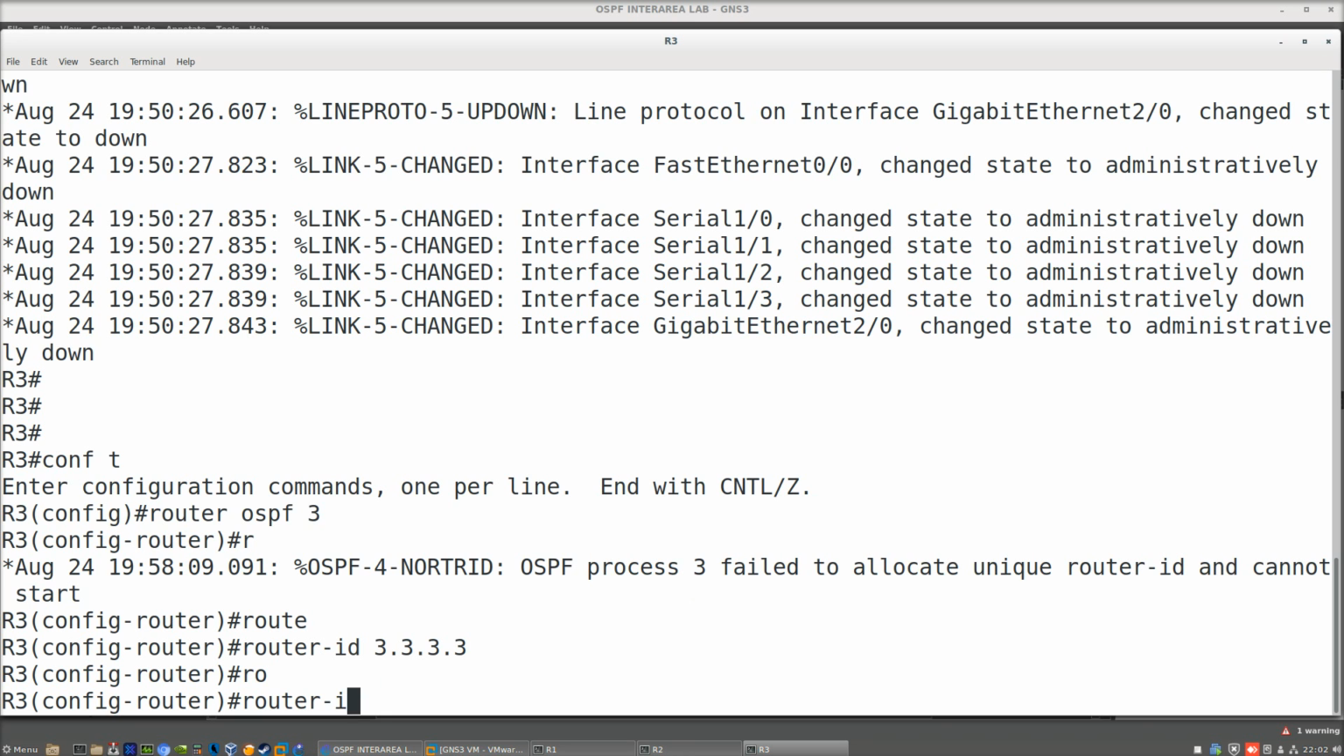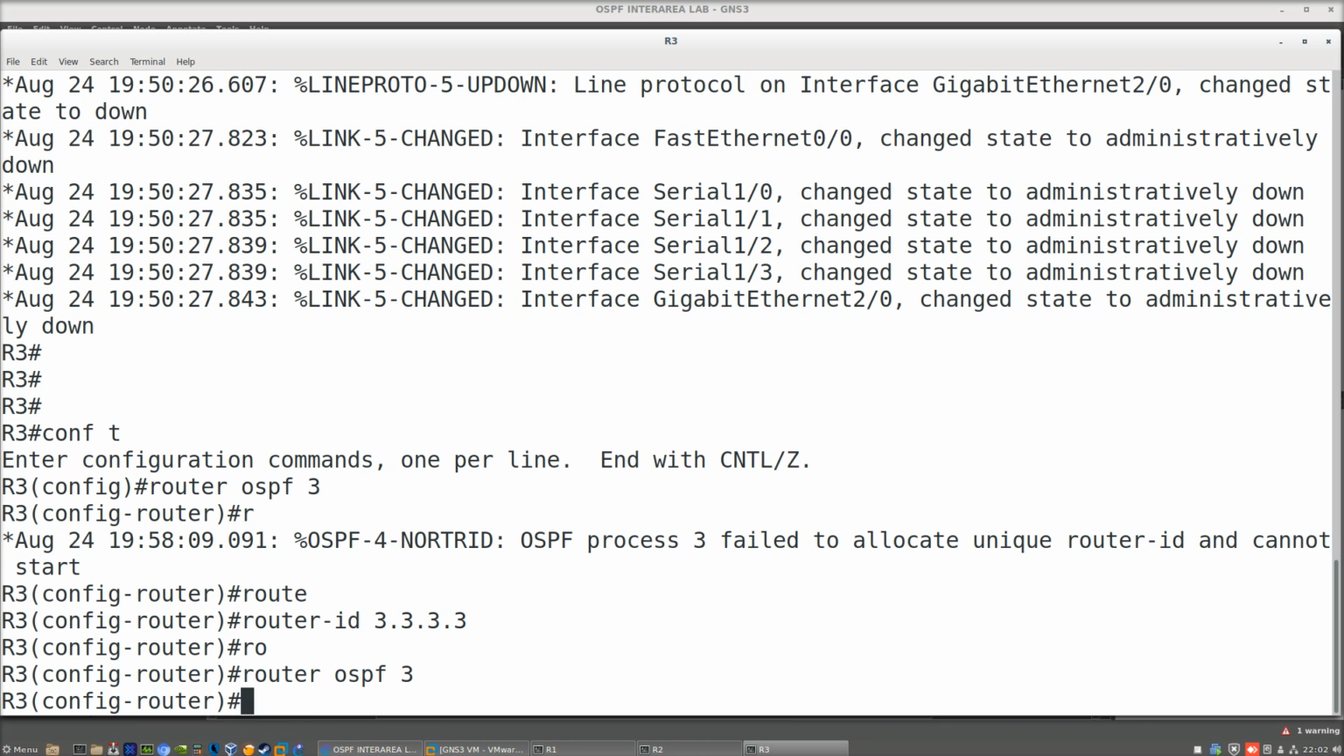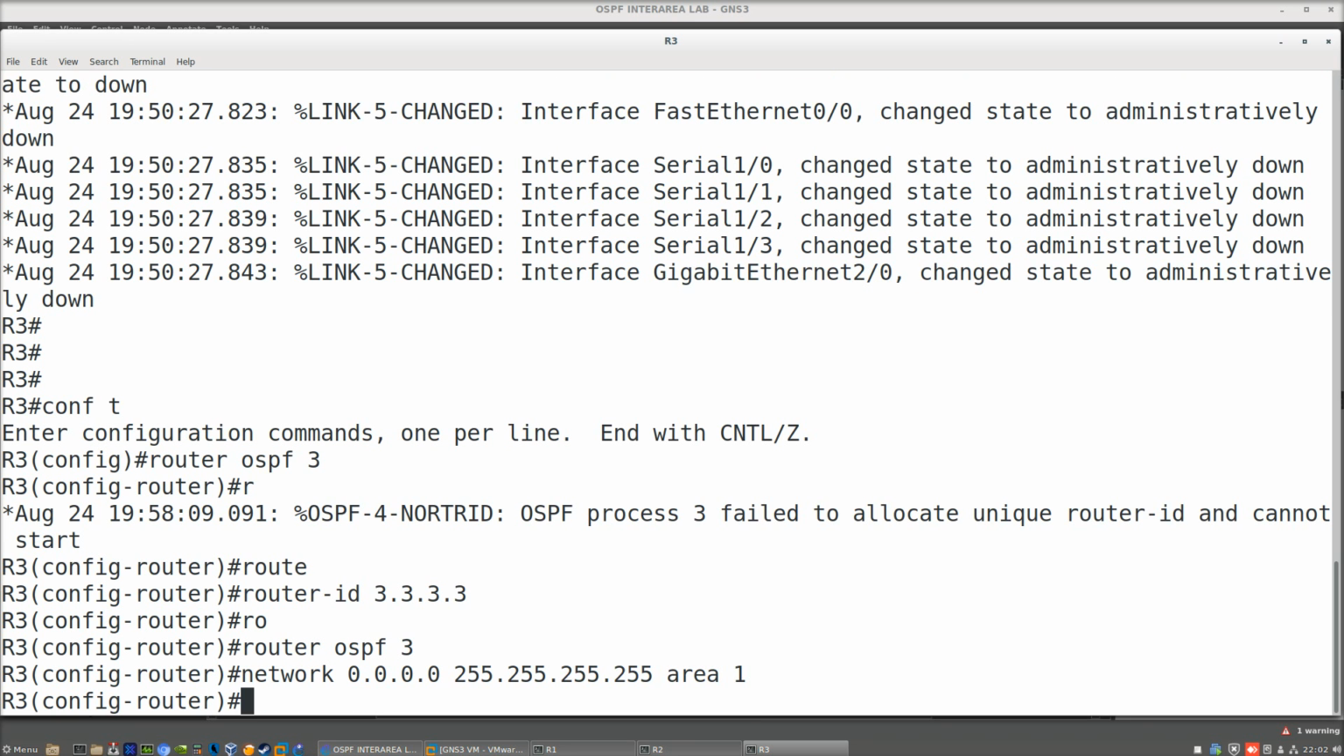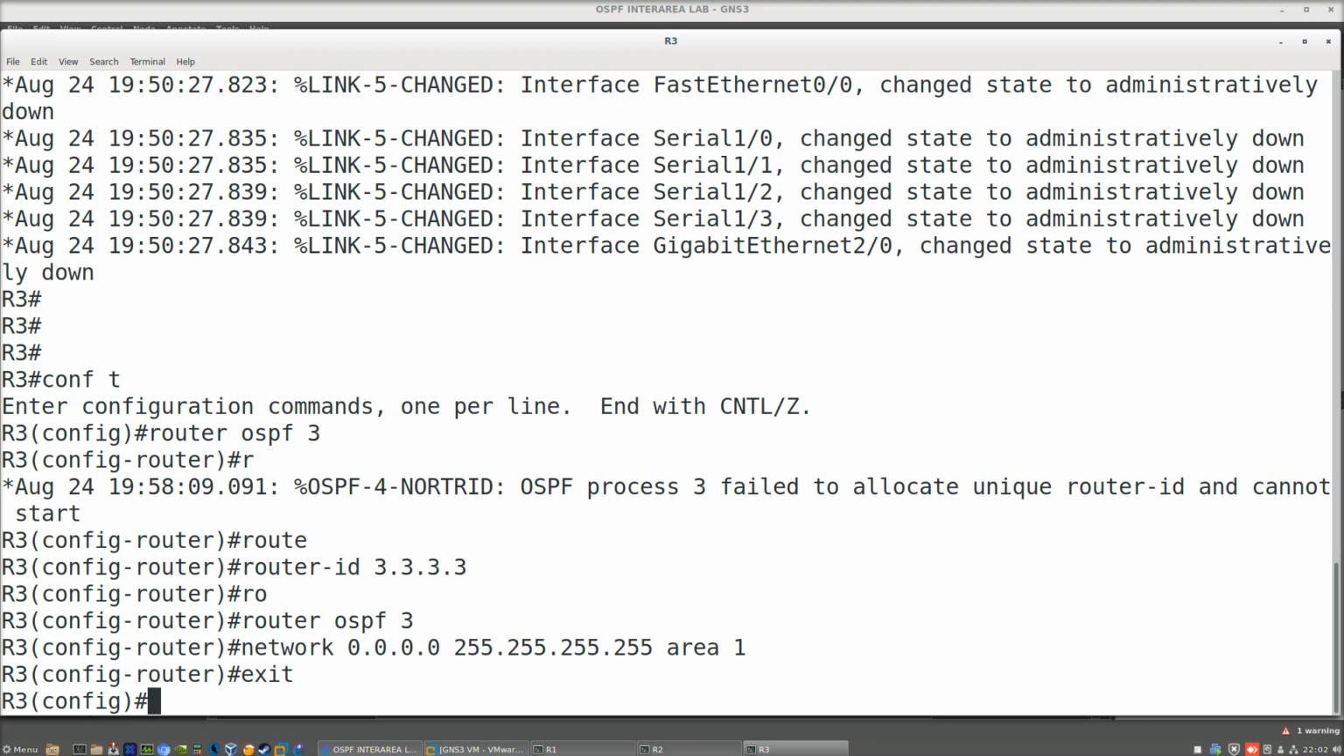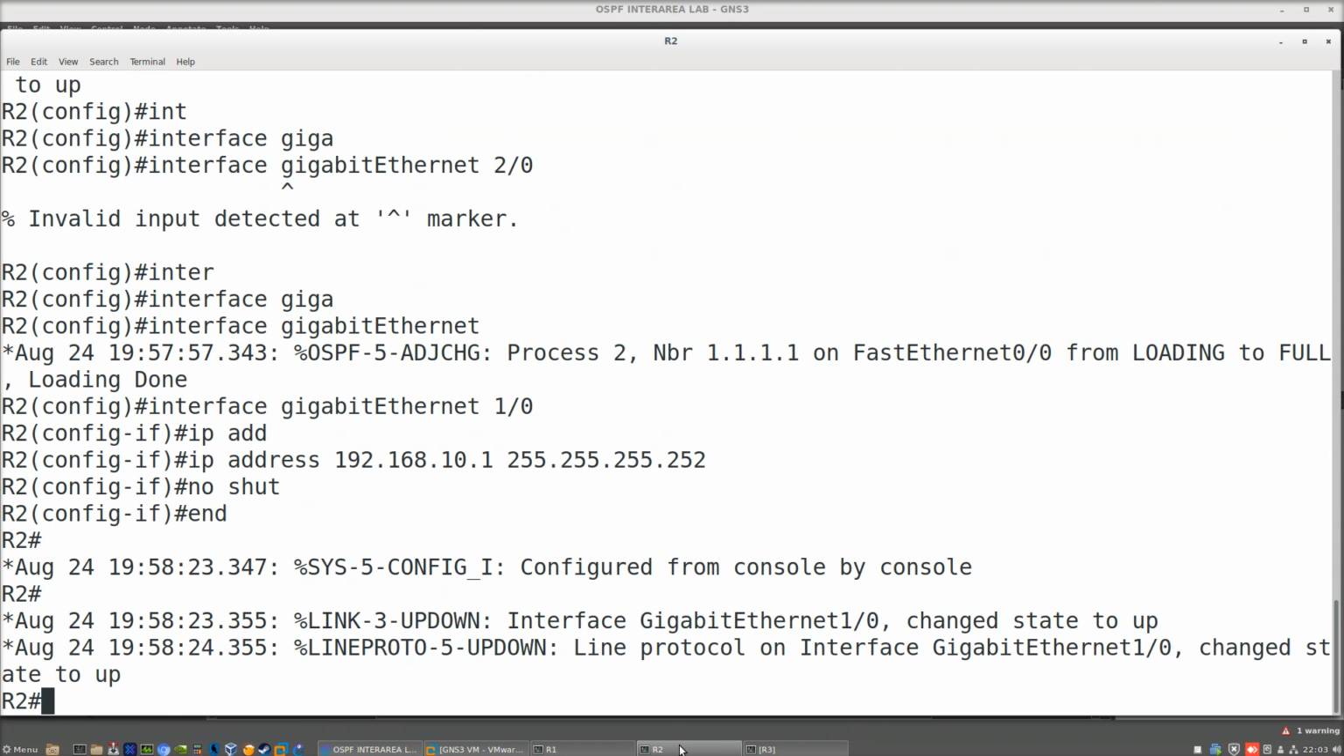Now, router ospf 3, network. I am saying now with this command, which is a shortcut, 0.0.0.0 and 255.255.255.255 area 1. I'm telling all interfaces that this router will have to participate in the OSPF neighborship. So now I configure the IP addresses of router 3,